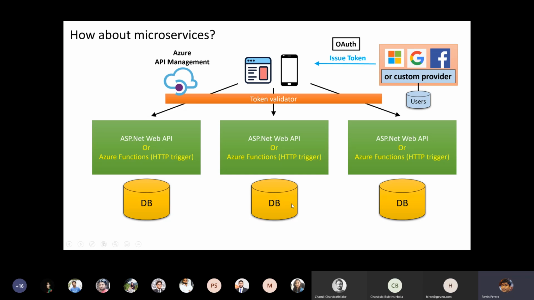You could even communicate with someone else's database also. It's all internal implementation detail. For all we know, all three APIs might be using a shared database, or they could be communicating between each other. So for internal communication, you don't need to go through API management. API management is only there to act as a barrier between your internal APIs and the outside world.